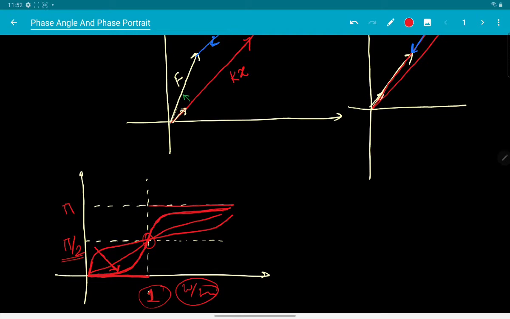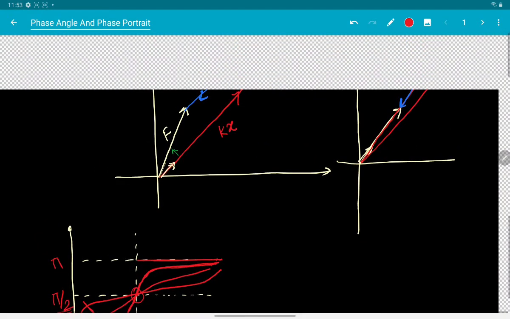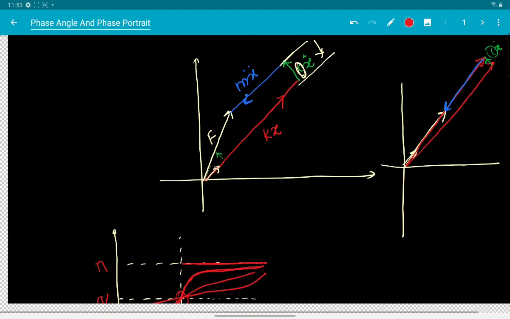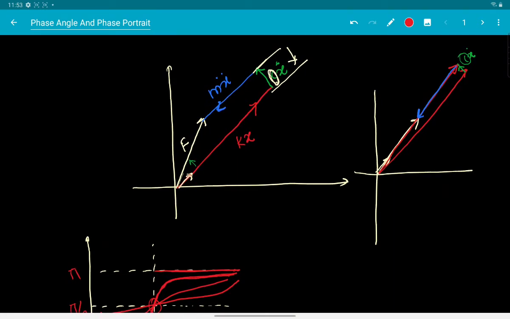Okay, so what I just now told you is that for smaller value of c, you get to see a very small phase difference between force and x. That is, the displacement is not lagging behind the force, but is in the direction of force itself. Let's try to consider the other extremity, how it is going to look. Before we go to that, I want you to appreciate one thing over here. Let's consider the case when there was no c.